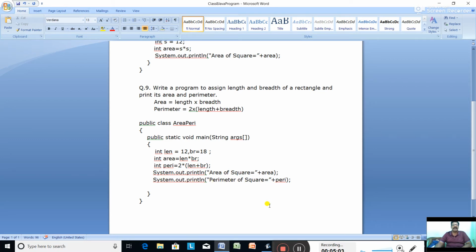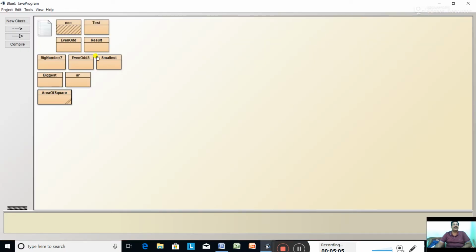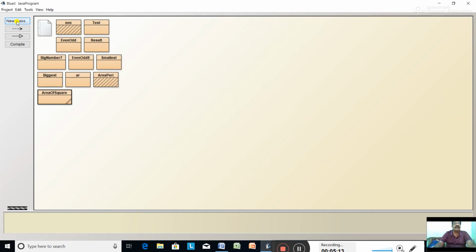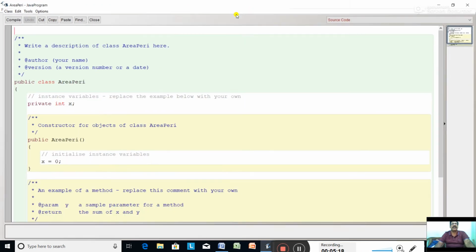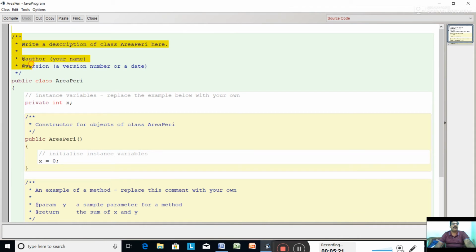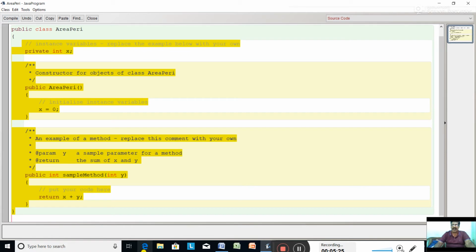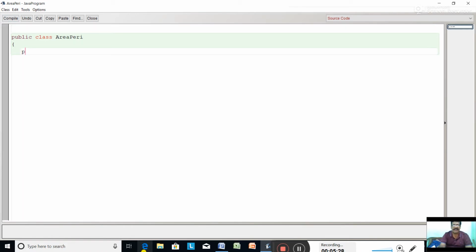Now let us write the same program in BlueJ. So click on the new class as usual, type there area peri. Done. Again the same way, open the area peri by double clicking, delete all the lines before public class, and after deleting, type the second line: public static void main bracket string